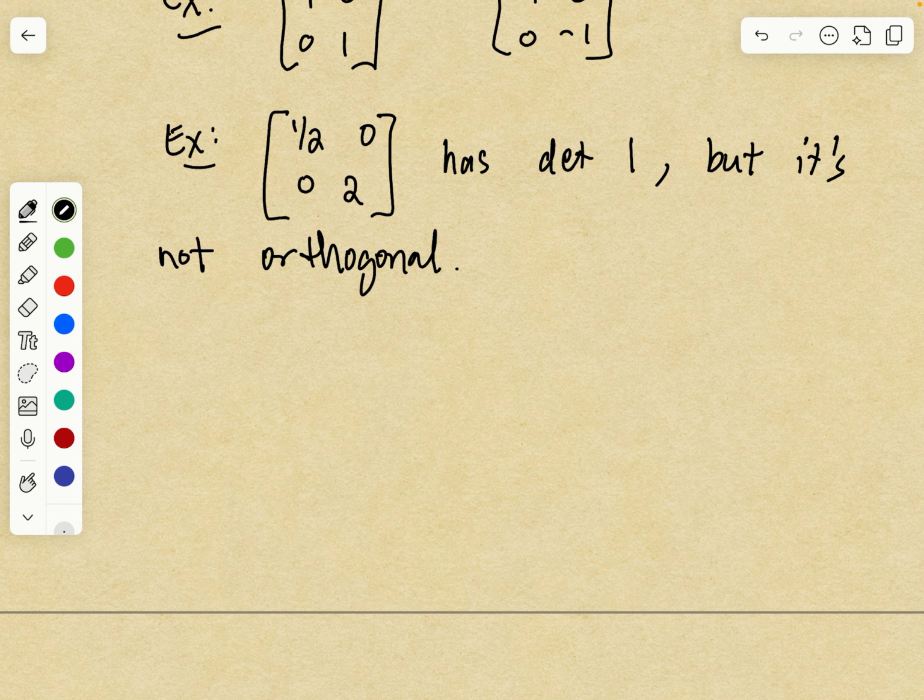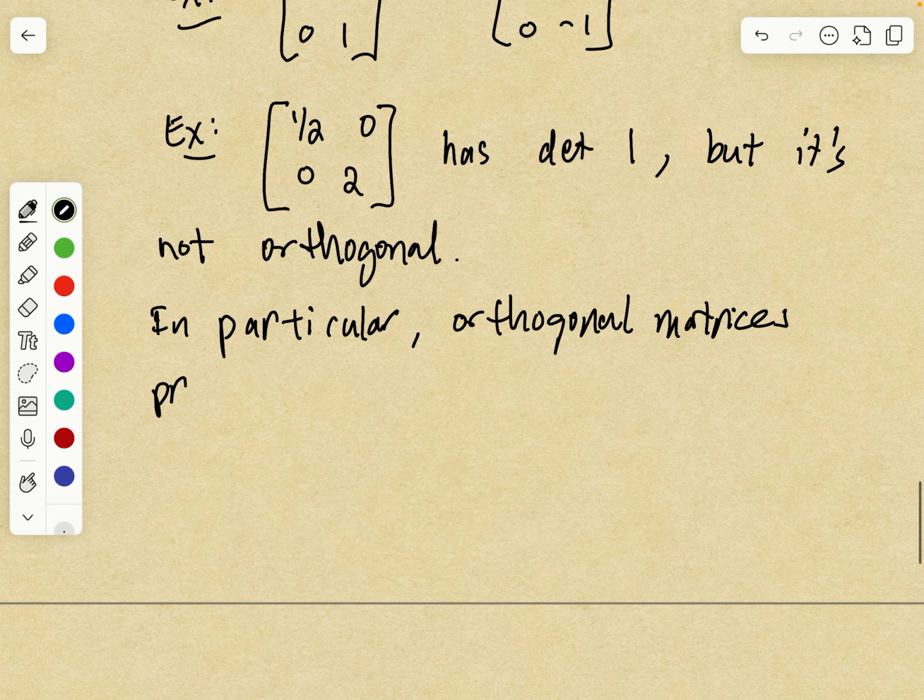linear transformation, that's going to take a region in R2 to a different region, or possibly the same region. It will be some region in R2. And does this matrix distort the areas? No, right? In particular, these orthogonal matrices preserve areas and volumes